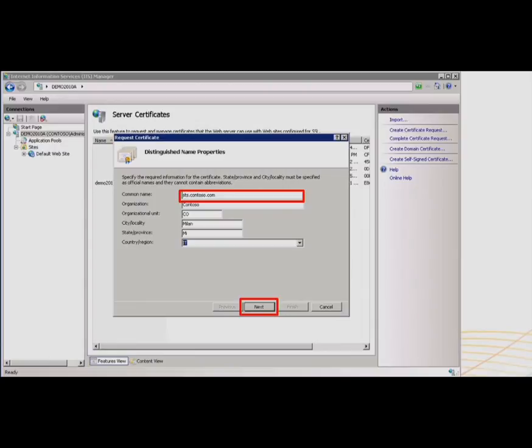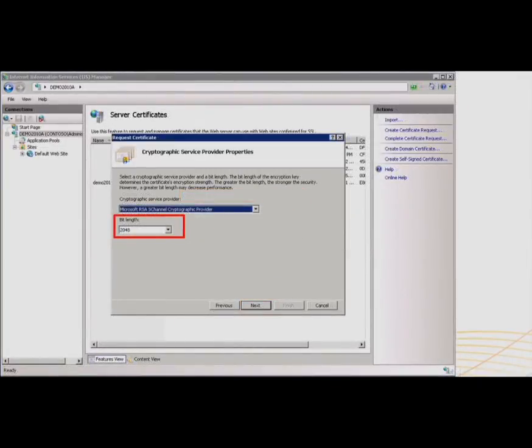I can use whatever name I want. Then I need to fill in organization, organizational unit, city, locality, state, country, region. No problem here in general. What is really important here is that you can use the Microsoft RSA Channel Cryptographic Provider. That is the default one, no problem. But be careful to change the